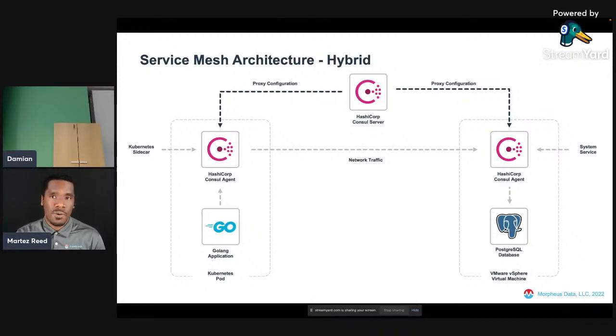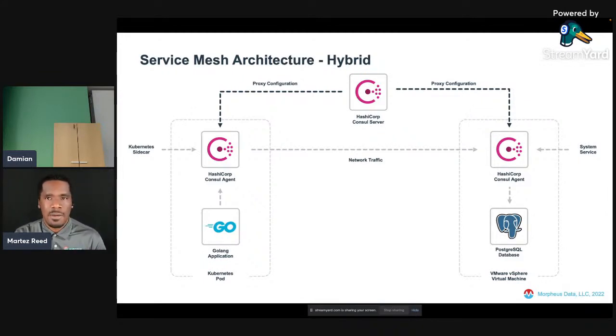So from a hybrid standpoint, in order to be able to take advantage of a number of the same benefits, but also allow us to perform network security at an identity level, all that's changed is that instead of the HashiCorp Consul agent in this example running as a Kubernetes sidecar container, it's simply running as a service on my Linux virtual machine. And so that's enabled me to take advantage of the same capabilities we saw the service mesh provide from a Kubernetes standpoint, but also enables us to perform the firewalling at an identity level in which I can specify,